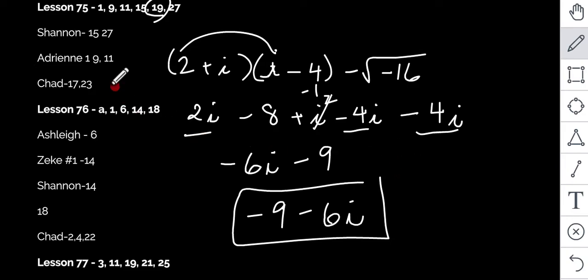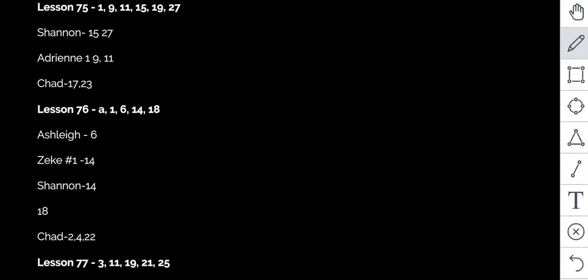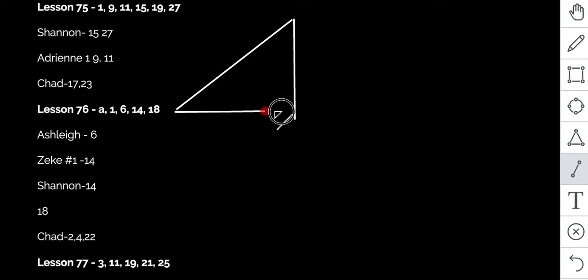Okay, and let's see, we had 17. Use triangles. Let's do Chad's number 17. Here we go. We have triangles. So here's our triangle. I actually looked in here early before Chad got his in and already started these. So if you can get them in before 11, that would be really helpful because I have to be somewhere